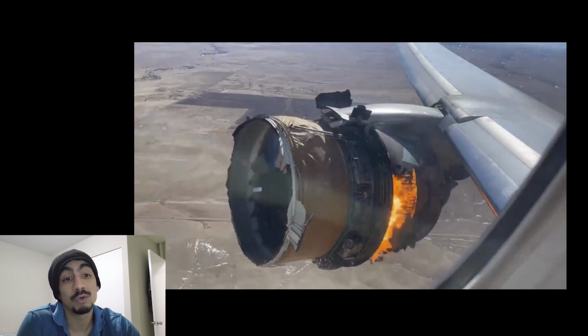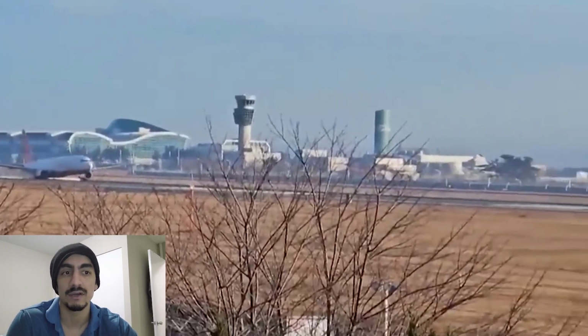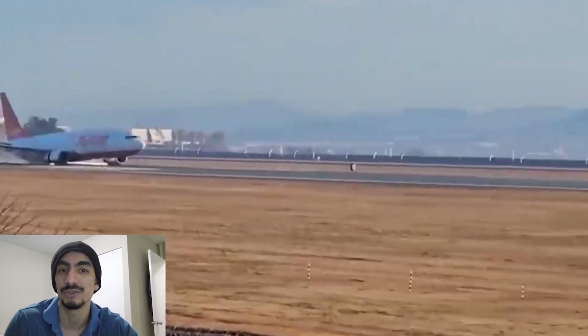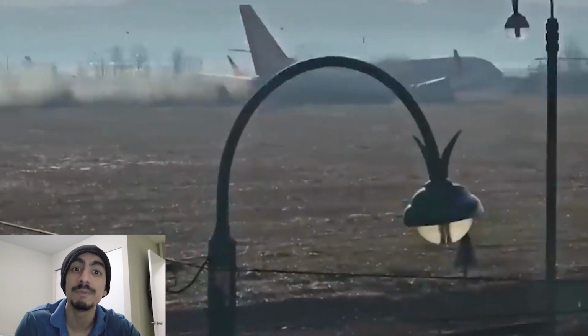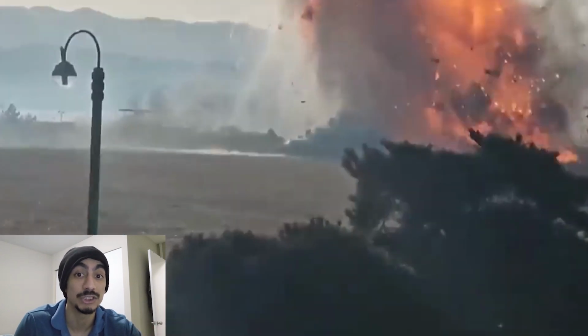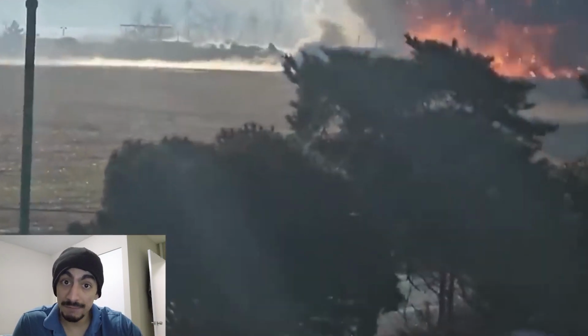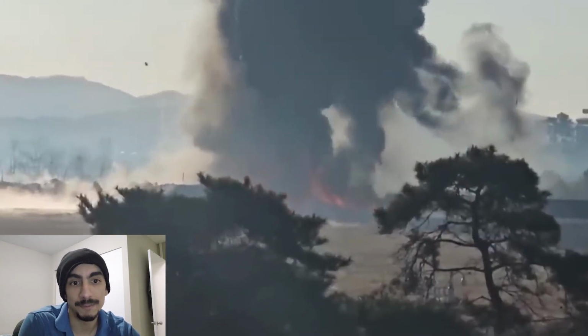Now, if you circle back to what happened in this crash, the Jeju Air Flight 2216, you might wonder, okay, if you lost one engine due to a bird strike, why didn't the backup systems keep the plane under control? And that is the big question. Okay, that is a big $1 million question. Normally, the plane should still be controllable. The pilots should be able to deploy the landing gear with hydraulic pressure from the systems. You can even rely on the APU for extra power if needed, to land safely on one engine.